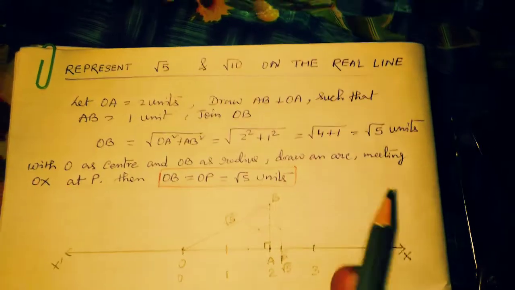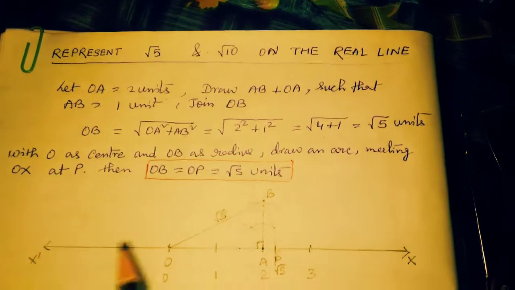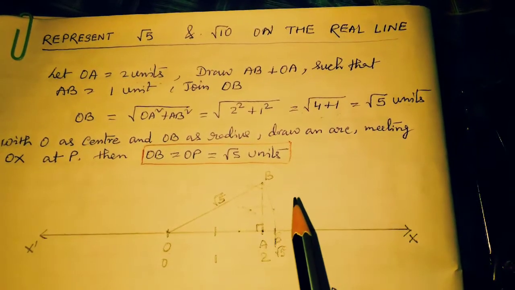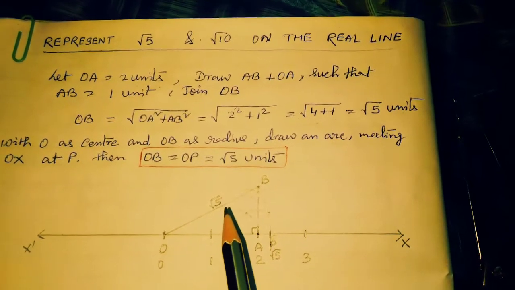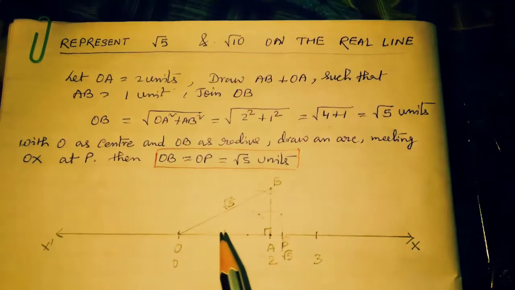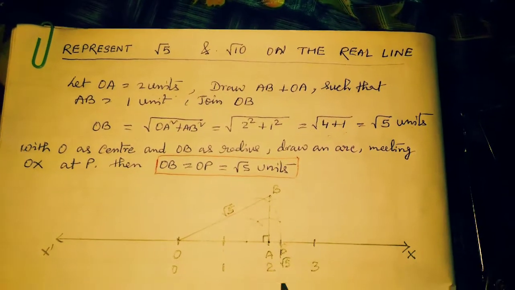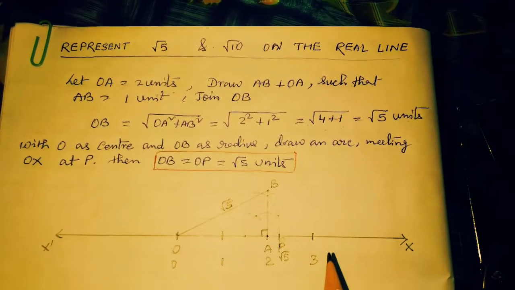Clear, student? Root 5 you can draw by using the previous one also. We have drawn root 2, root 3, then root 4. Root 4 means the value is 2, and again if you draw a perpendicular you get root 5. So that way a spiral is coming. But directly, if you draw root 5, then also you can do it like this. Clear, student?